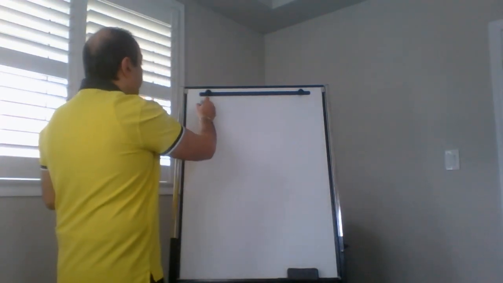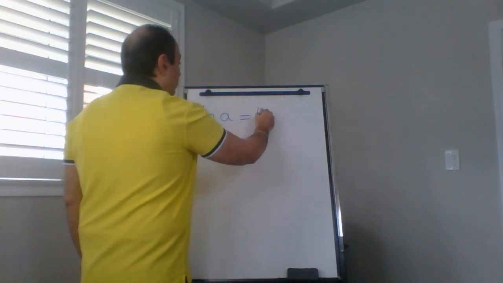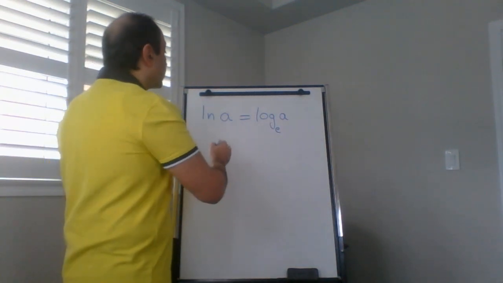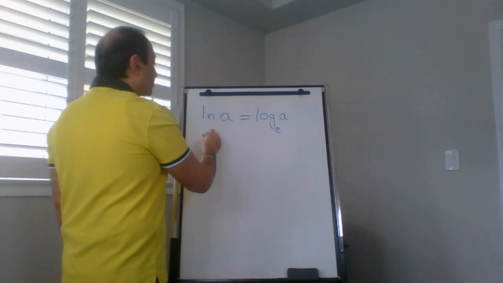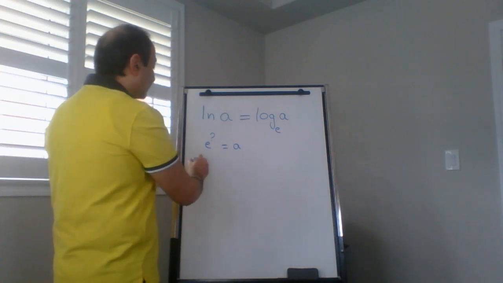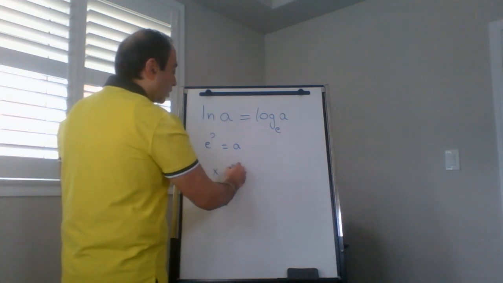Questions regarding yesterday's video. The first question was what does ln A mean? So ln A means the same thing as log A base E. In other words, it means E to the power of what equals A. That is what we mean by ln. ln x means log, but the base